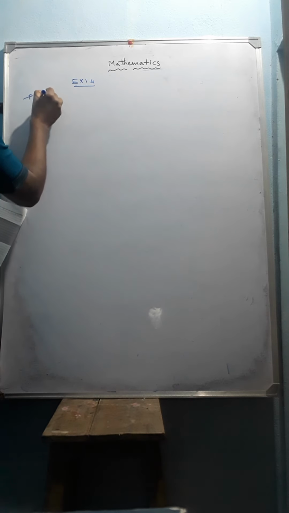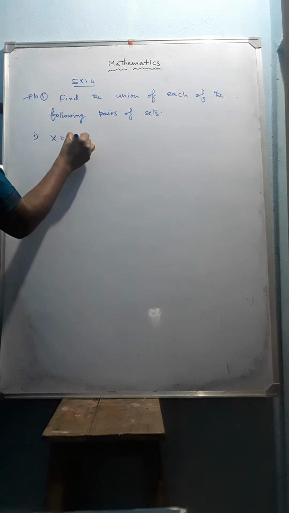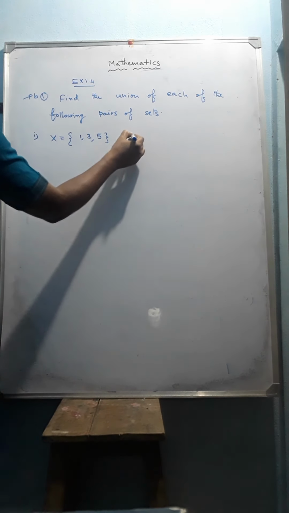So, problem number 1. Exercise number 1.4, problem number 1. Find the union of each of the following pairs of sets. Okay, so first one, X is equal to the set of 1, 3, 5, Y is